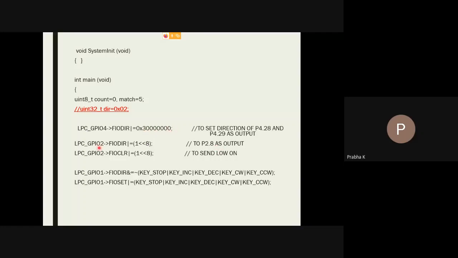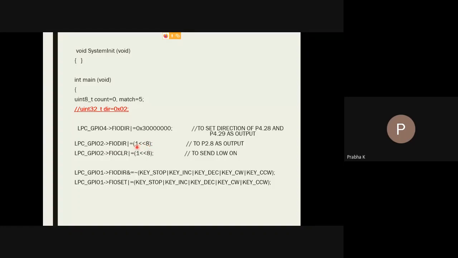Now, similarly, another command we are using: LPC_GPIO2 port 2 FIODIR. Please concentrate here. 1 double less than 8, 1 double less than 8. So we are concentrating on GPIO port 2 pin number 8, and we are sending the value as 1.